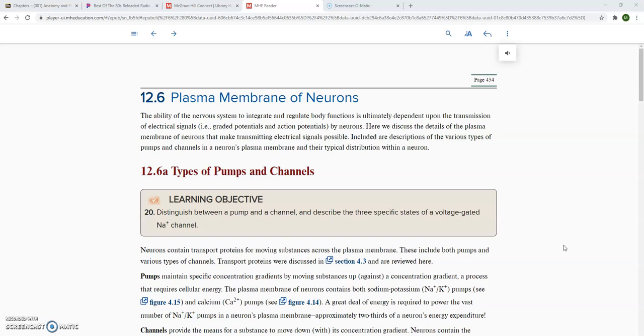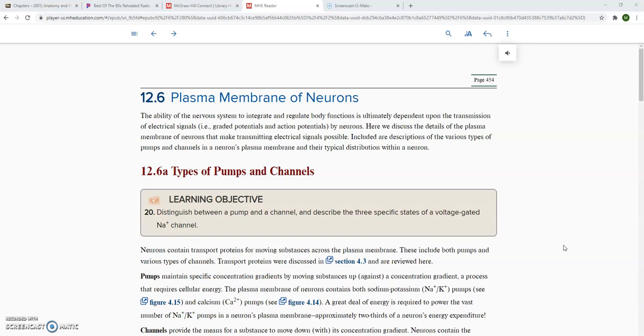So we learned that anatomy from last week, cell bodies and dendrites and axon terminals, also called synaptic bulbs. So now we're going to focus on the plasma membrane of a neuron, and we're going to have to know some specific anatomy about that plasma membrane and the membrane proteins that it contains in order to understand the physiology